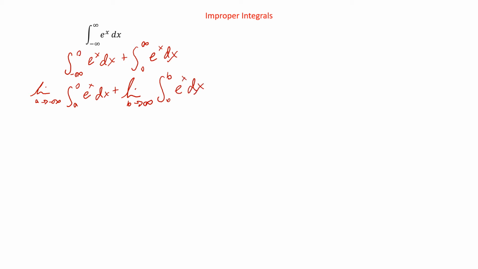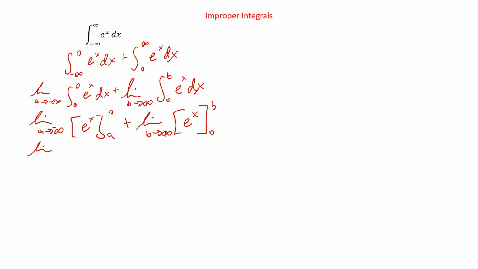The antiderivative of e to the x is just e to the x. So we'll have the limit as a goes to negative infinity of e to the x from a to 0, plus the limit as b goes to infinity of e to the x from 0 to b. We can plug in the zeros and a's. So we'll have the limit as a is going to negative infinity